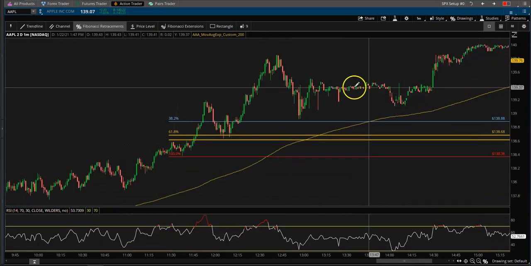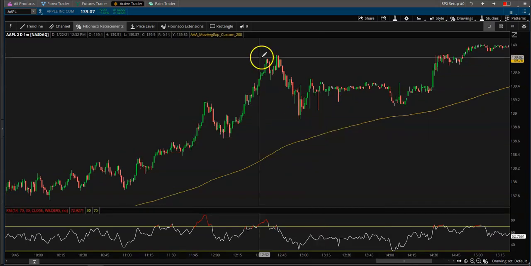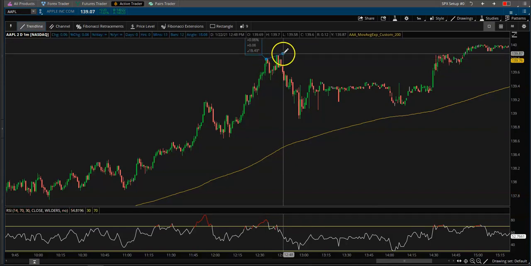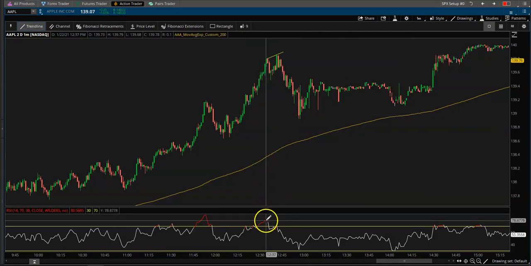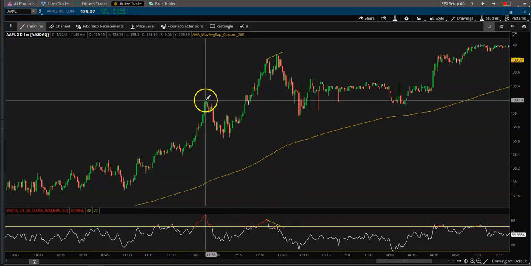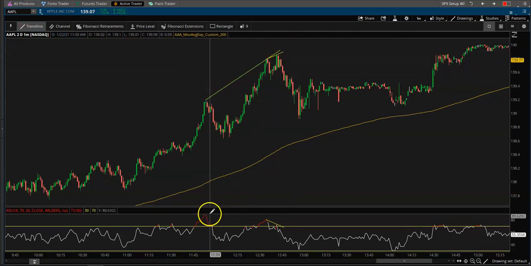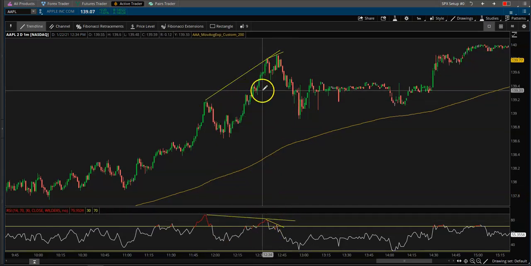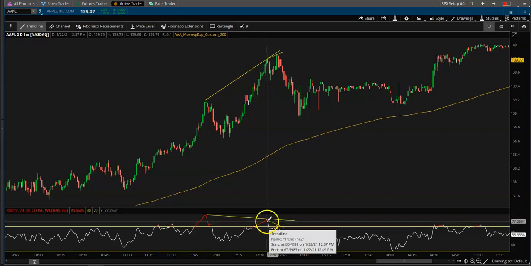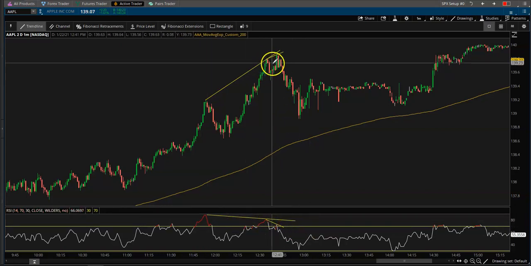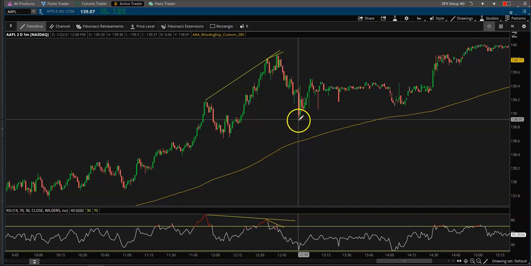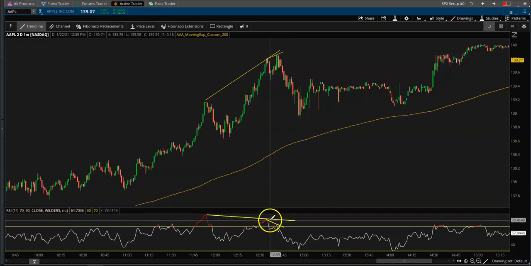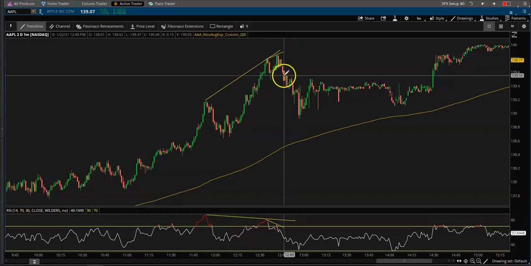Now, if we zoom in to this level, here we actually have divergence. And this is what I'm talking about. You have to be very aware of these things. Okay, so if you think about it, if we go from here to here, we actually have major divergence, right? Because we're making higher highs, but this is a lower high. Do I want to play this trade? Probably not. Okay, because whenever you have a major divergence like this, especially here, you're going to have a very